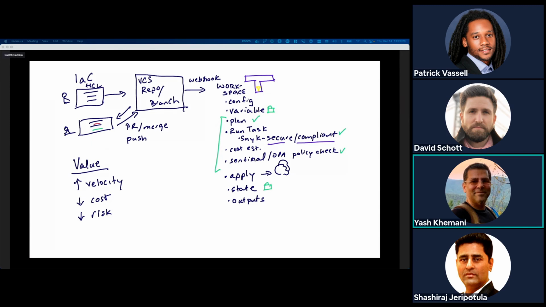I'm not trying to remediate security groups that are too open. I'm making sure that everything that goes out of my provisioning pipeline is secure and compliant according to the Snyk policies that I have configured, according to the Sentinel or OPA policies I have configured.